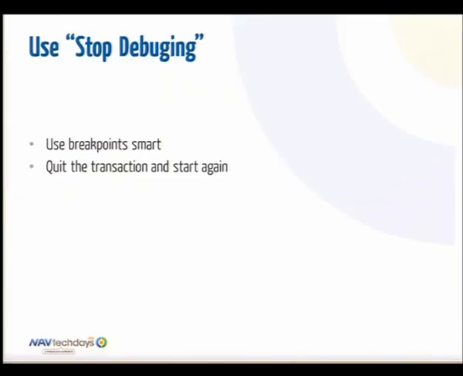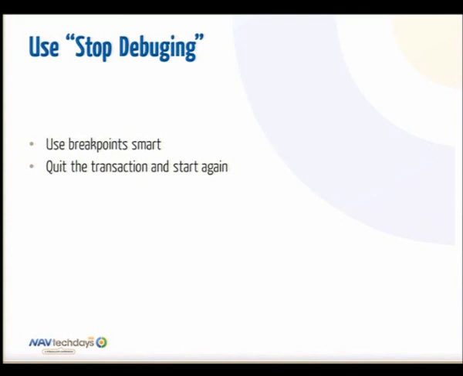And I think this was an option which was introduced with the new debugger a couple of versions ago, where you can go into a transaction and say, well, this is wrong, and say stop debugging, and the document will still be there. Because what often is very difficult is that you have this test scenario and you want to try to solve it, but to get to the test scenario is a long way. You need to create a sales document, you need to purchase something and ship it to the warehouse, and then finally you get this test scenario, but you don't want to destroy your test scenario